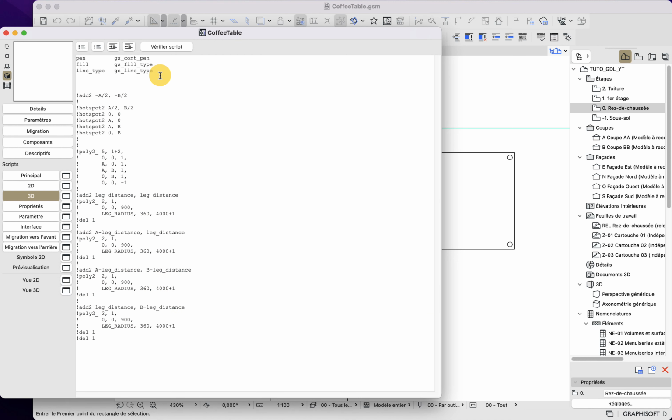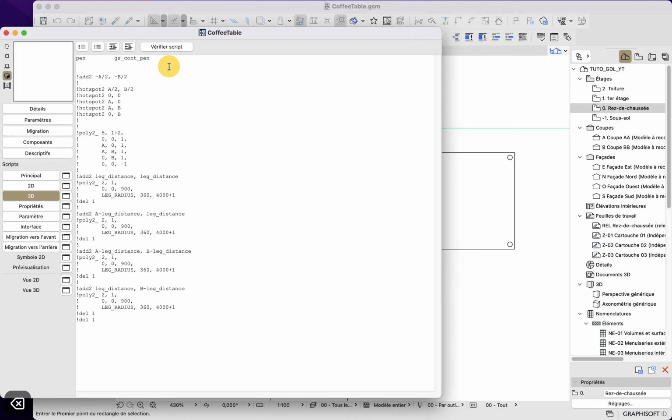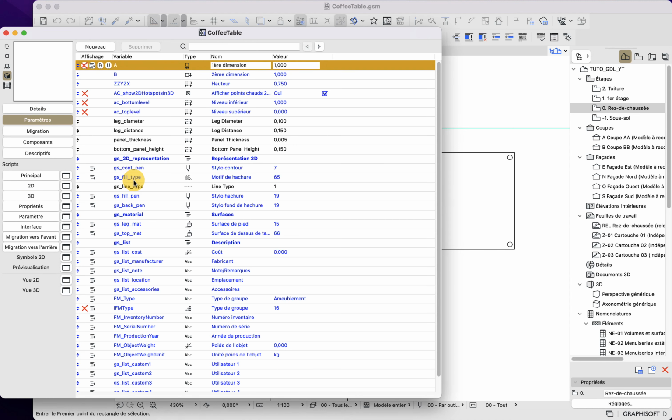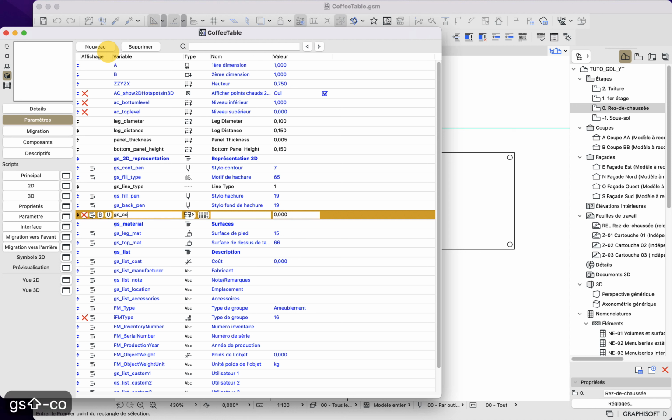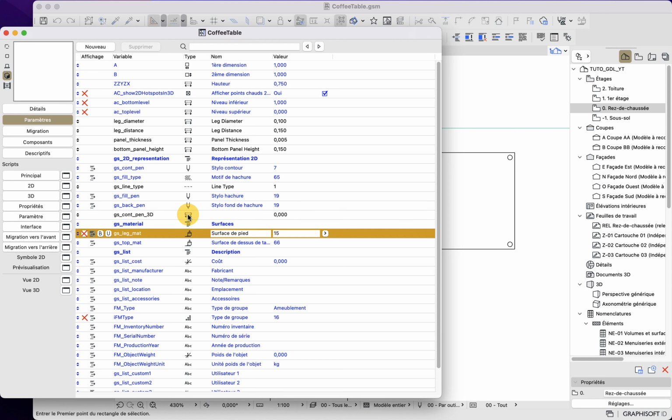We will first start doing the attributes. The first one is that there is no fill nor line type in 3D, so we can delete them. There is a pen here, and it is also a good practice to have a different pen from 2D. So I will create a new pen and give it a 3D suffix.